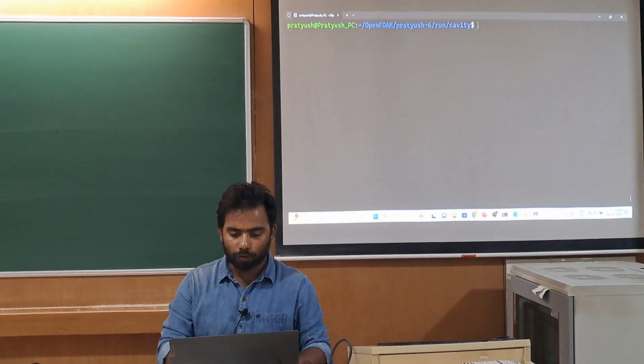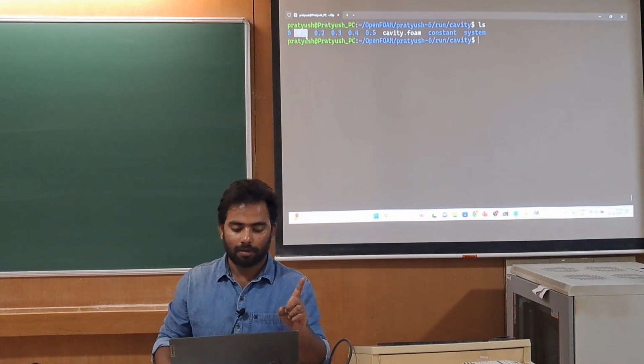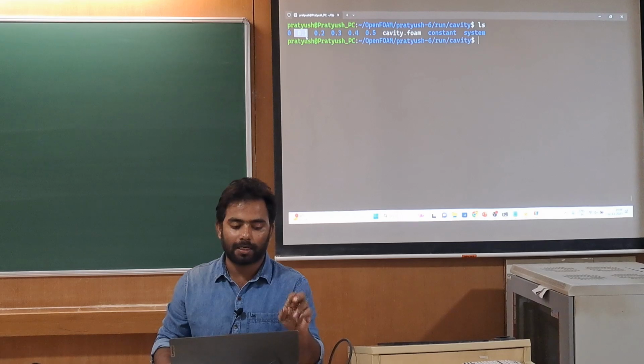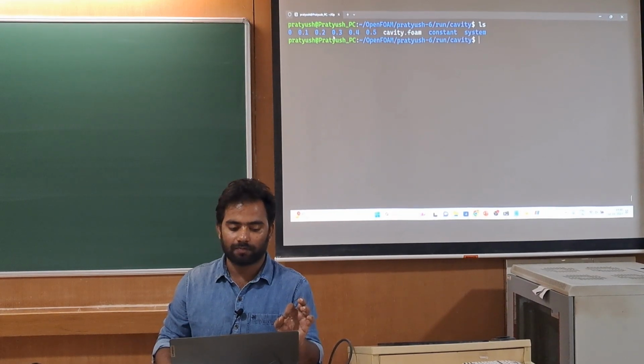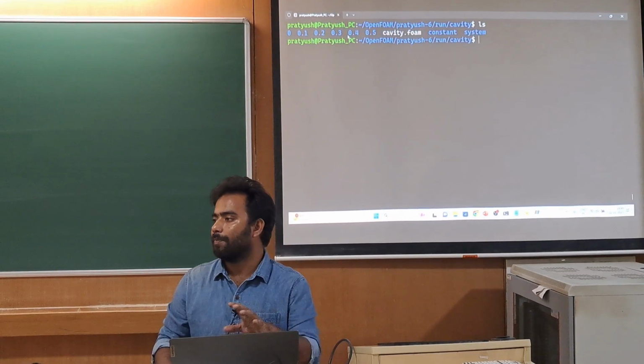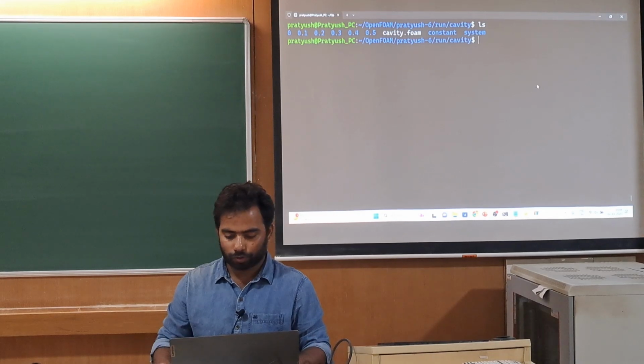And now if you list all the folders here, you can see that there are different time directories. These are the results you have simulated: this is for time equal to 0.1, this is for 0.2, this is for 0.3, this is the time step.